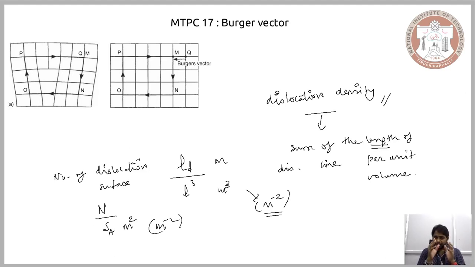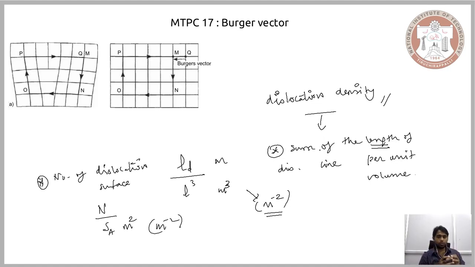Now depending on the definition of the dislocation density, we can choose between these two depending on the problem that you are addressing. Supposing you are considering a two-dimensional microstructure, and it is possible for you to only count the number of dislocations, then you would go with this description. Supposing you are doing some theoretical studies and you are able to calculate the length of the dislocations, then you would move with this description.